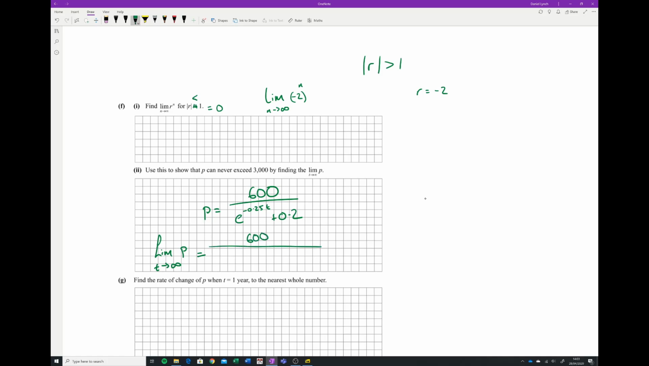Well, in this case, instead of calling it e to the -0.25t, it is better to call it 1 over e to the 0.25t, and then add on a 0.2 as you would do here. Now what's happening? When we make t really, really gigantic, infinity, or a really huge number here, we're going to get e to a gigantic number. E itself is